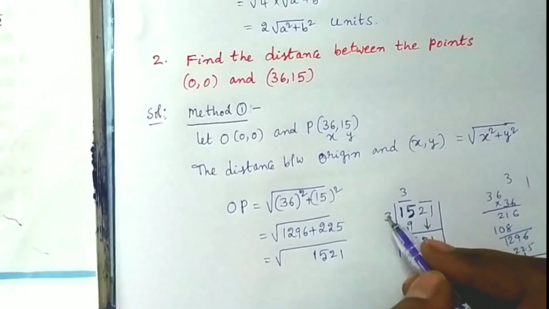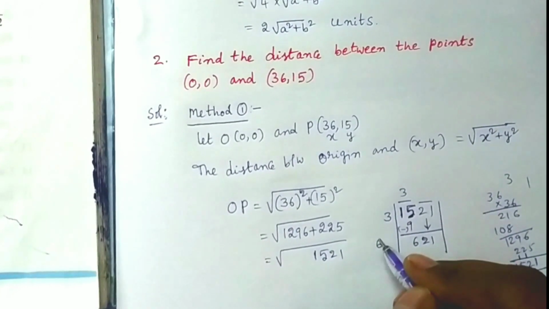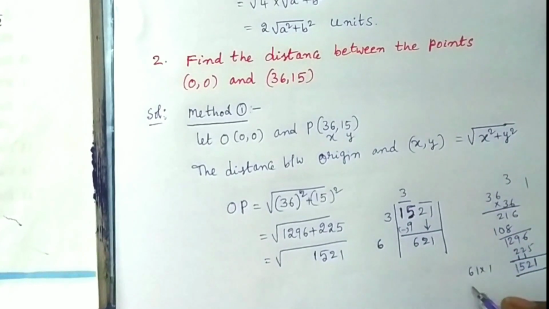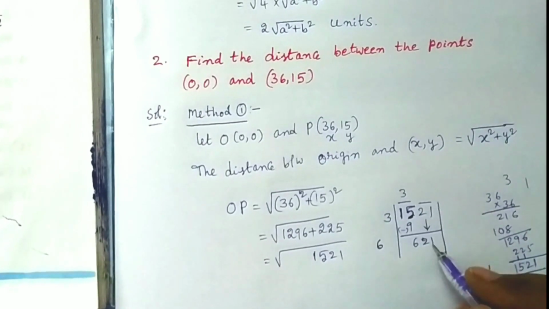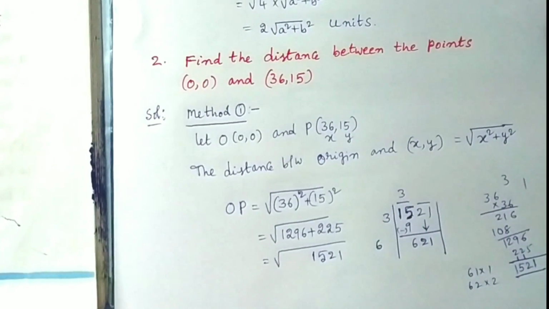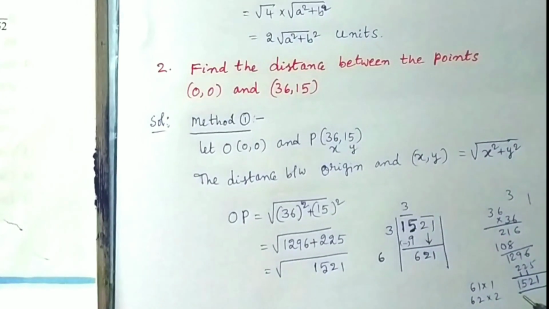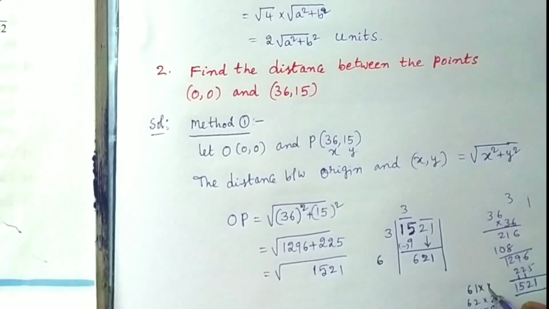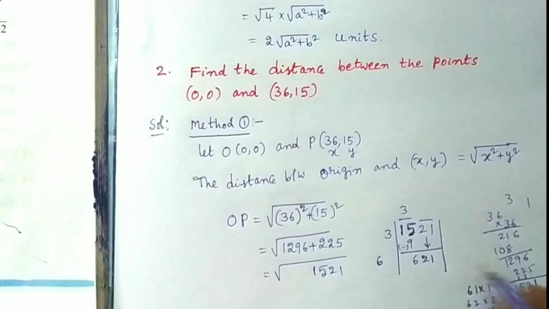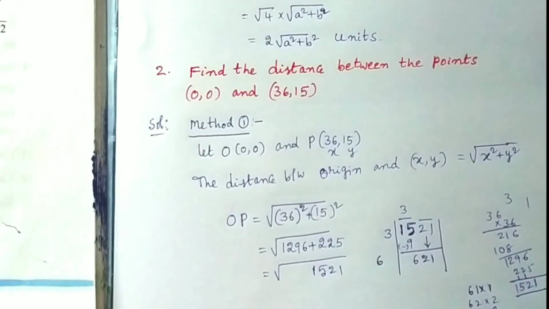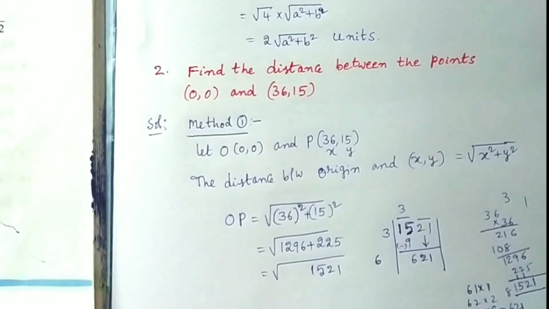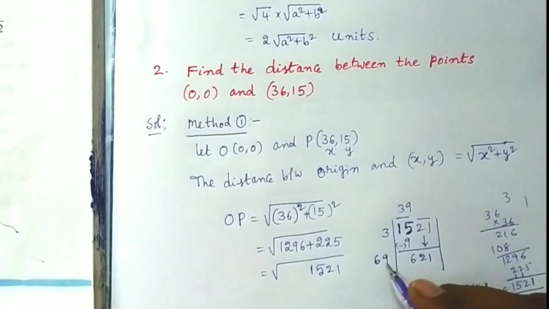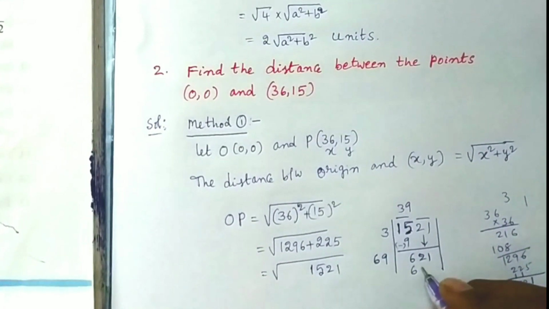After that you double the digit 3, we get 6. Now we have to multiply 61 into 1 or 62 into 2 to get 621. To get 1, there are two chances, 1 into 1 or 9 into 9. So 61 ones are 61. So we will not get 621. So take this chance, 69 into 9. So 69 into 9, 621. So keep one 9 here, another 9 keep here. So 69 into 9, that is 621.